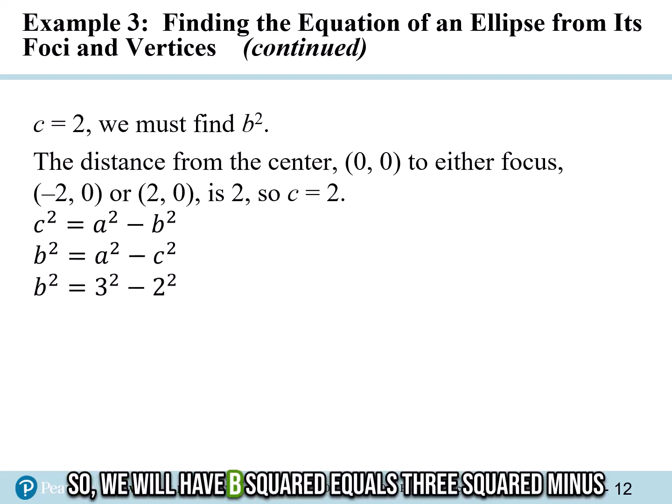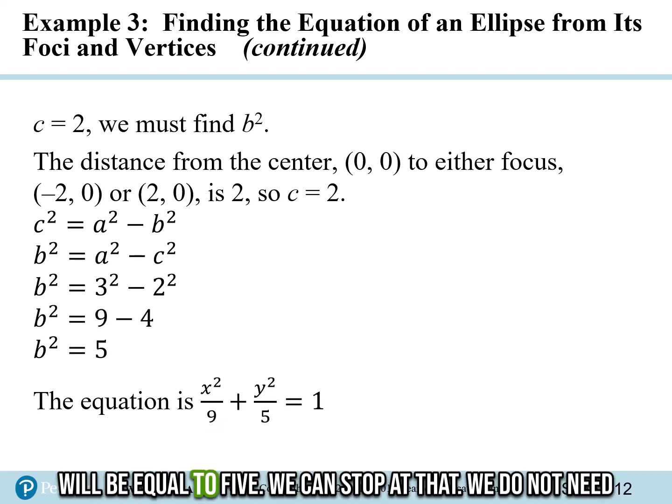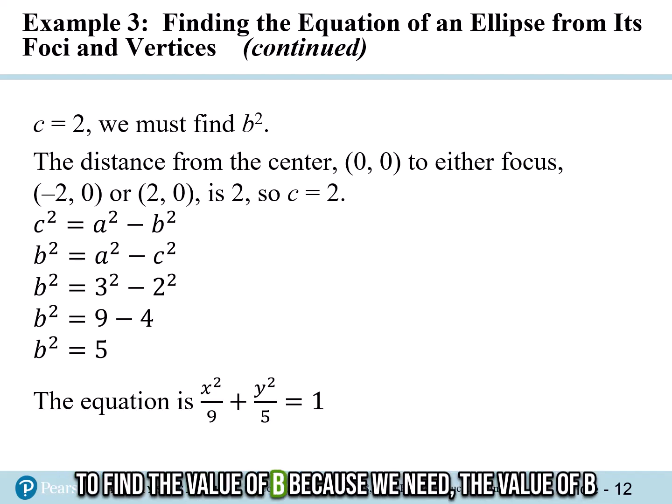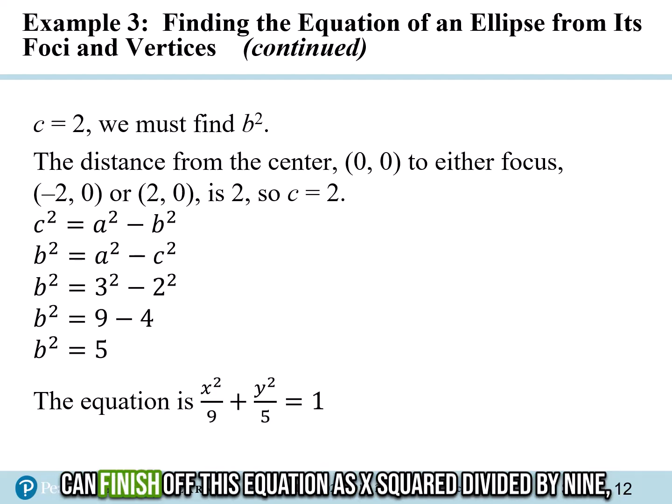We will have b squared equals 3 squared minus 2 squared, which is 9 minus 4. Therefore, b squared will be equal to 5. We can stop at that. We do not need to find the value of b because we need the value of b squared really to form our equation, correct? So now we can finish off this equation as x squared divided by 9,